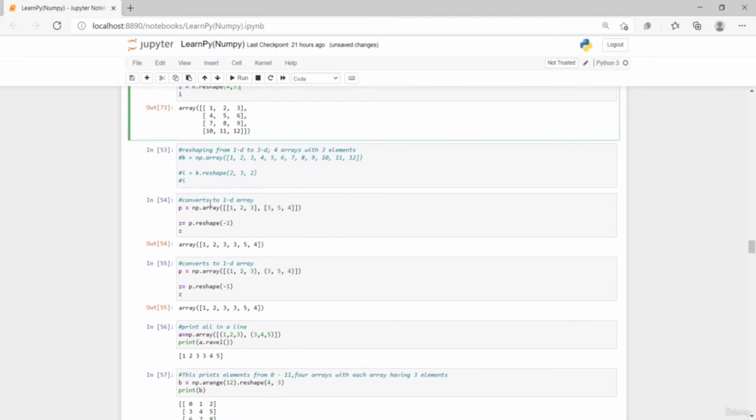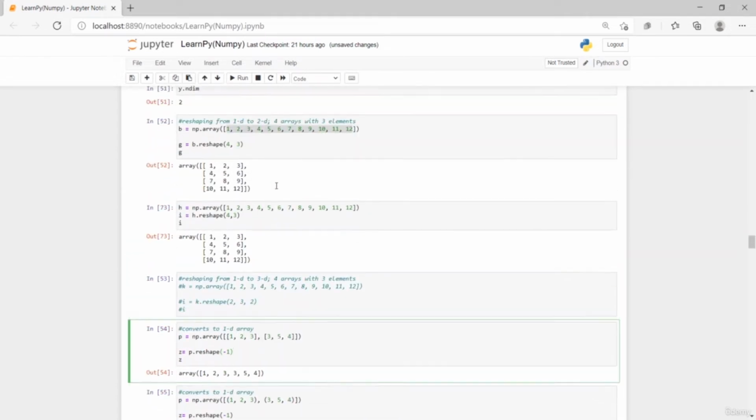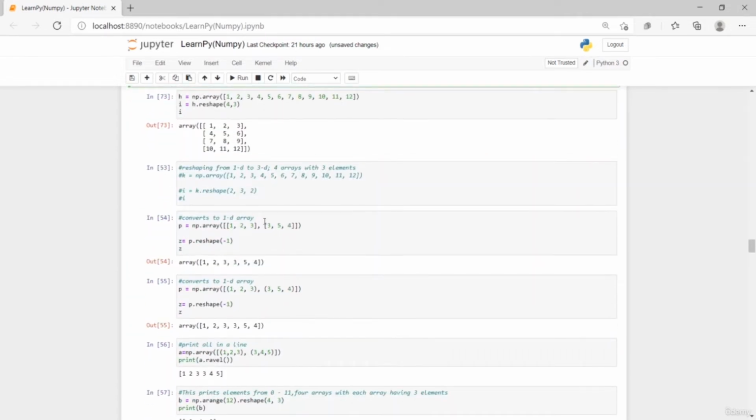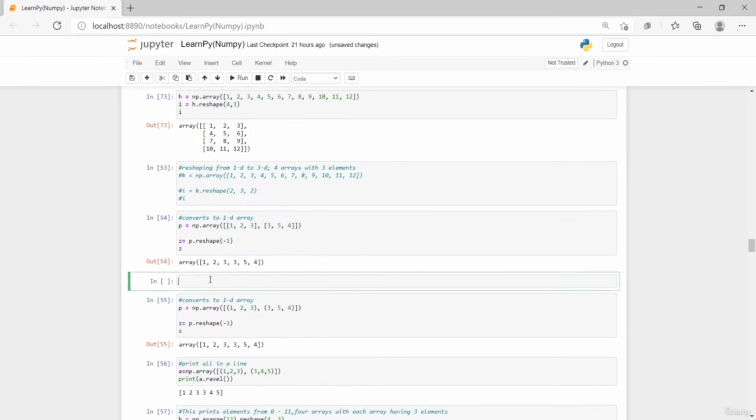Now to convert to a 1D array: here there's a 2D array, and you want to convert it into a 1D array. You simply do -1. Let's just try it out, and let's use k equals